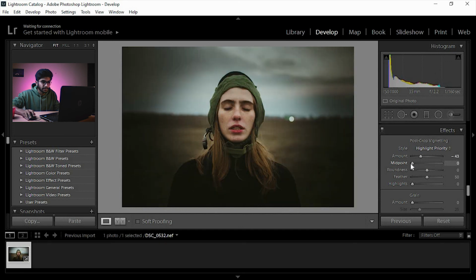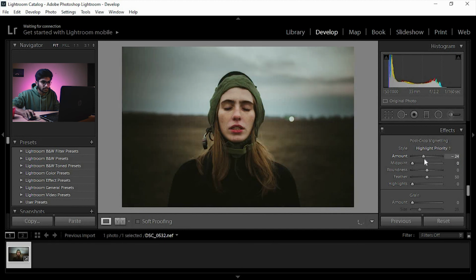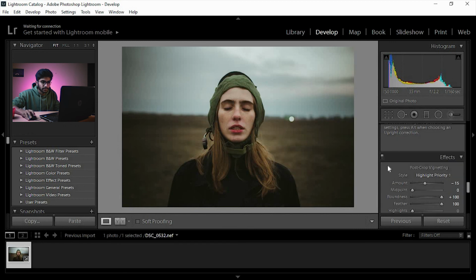Increase midpoint really high, and let's go for, I don't know, minus 20 looks good for now. Roundness, increase it really high, and feather it out really high. I guess minus 15 will be enough. So let's see how it looks. Yeah, it's really adding a bit more vignette.